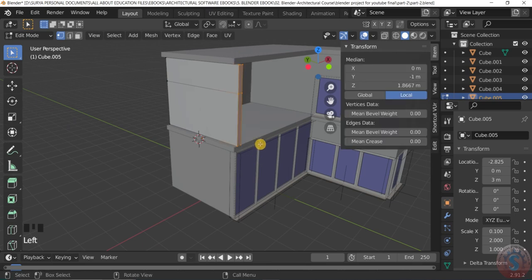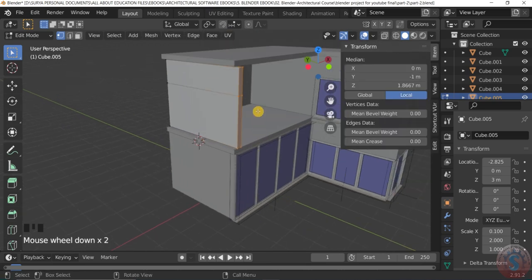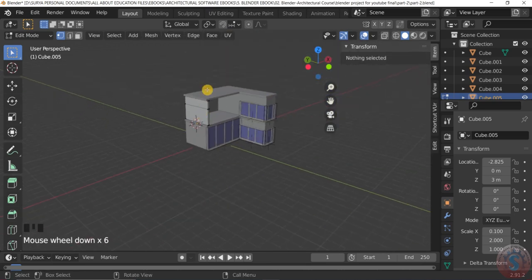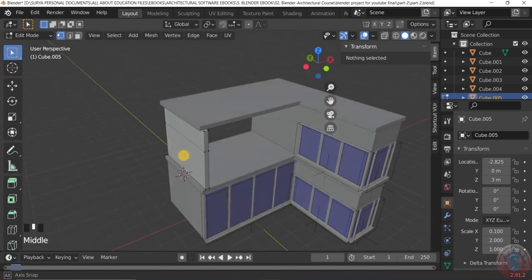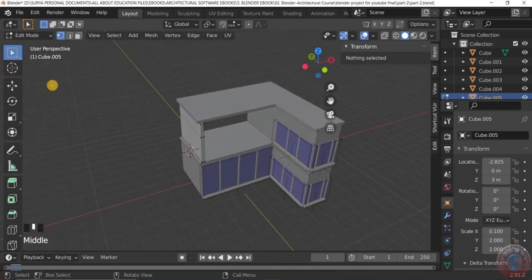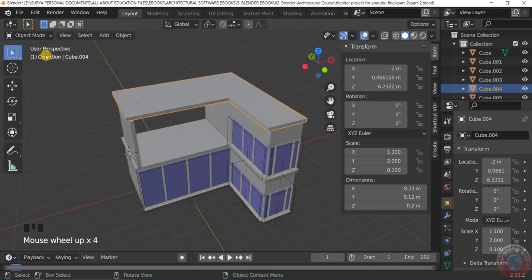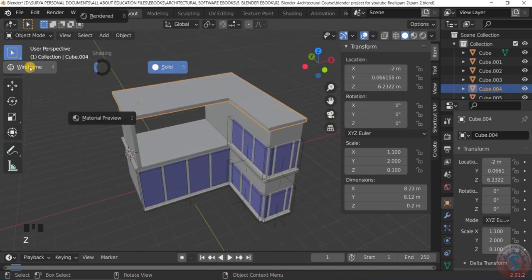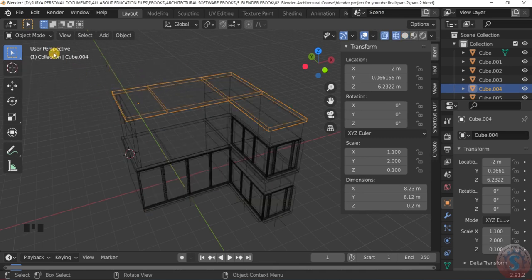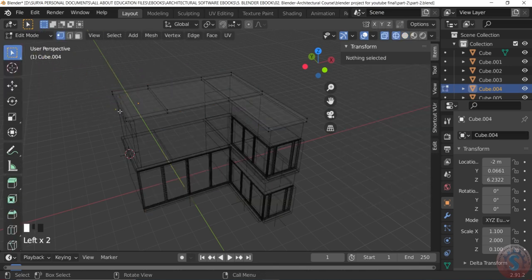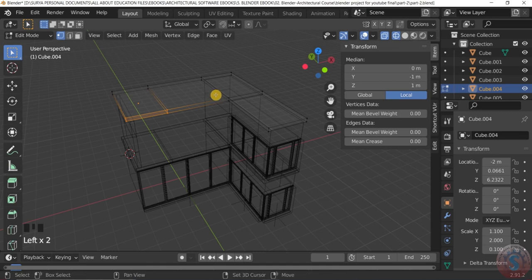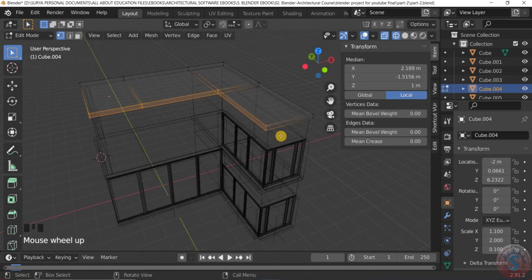For example, go to the object mode and select the slab again and go into the edit mode. Select all of the vertices here, pressing on the shift key.